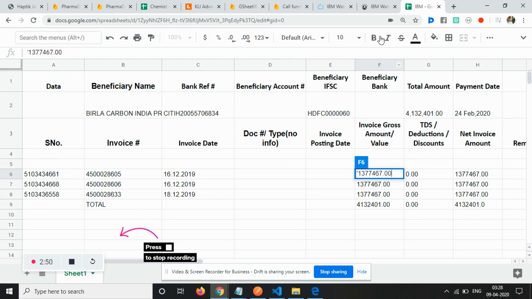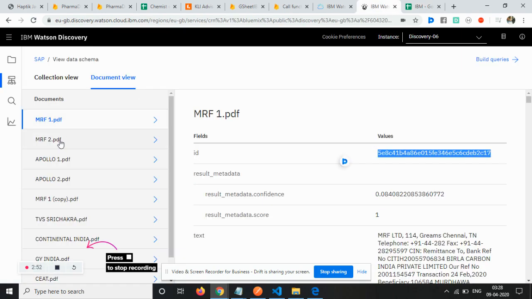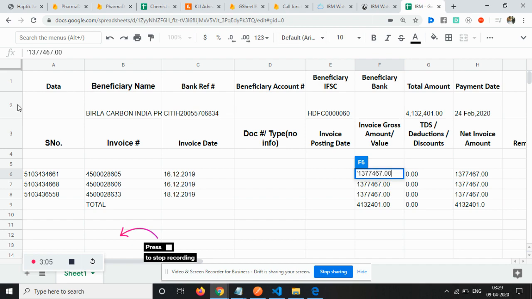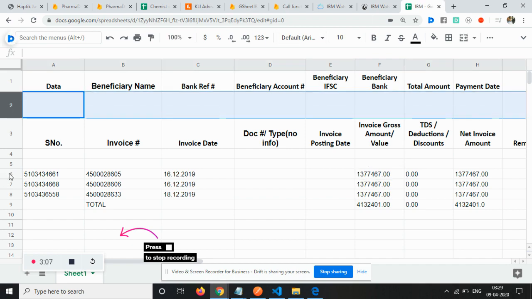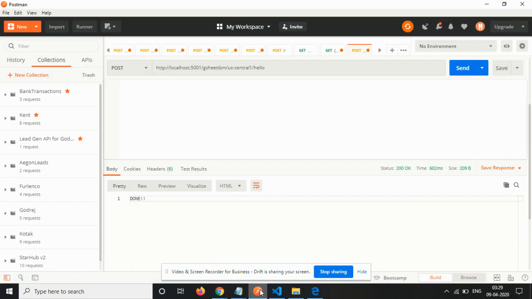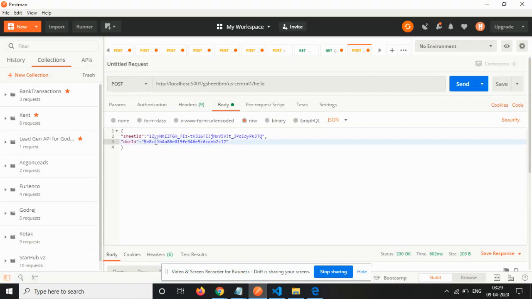Let us try for the other document which we have uploaded, that is MRF document 2. So after copying the ID from it, and clearing our Excel sheet, let us run our API service again with a new reference ID of the second document.